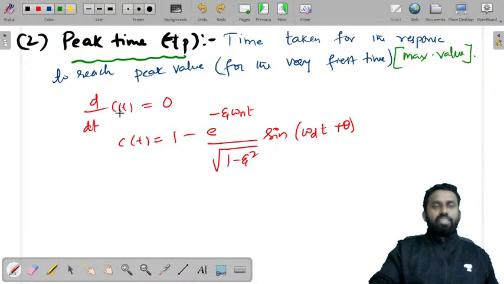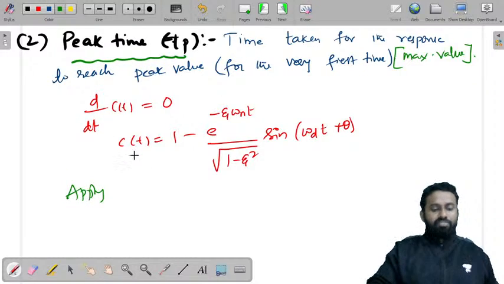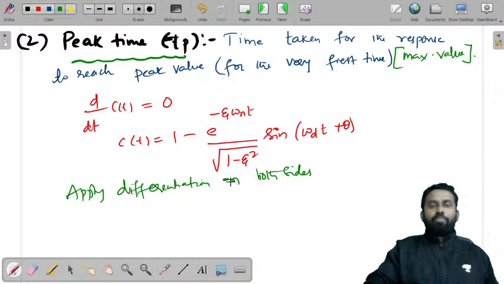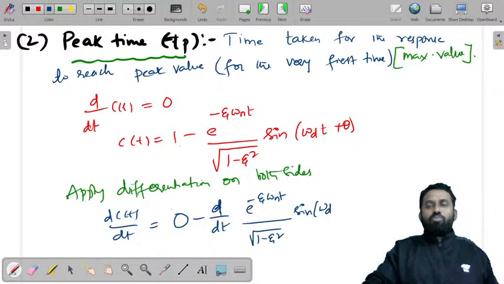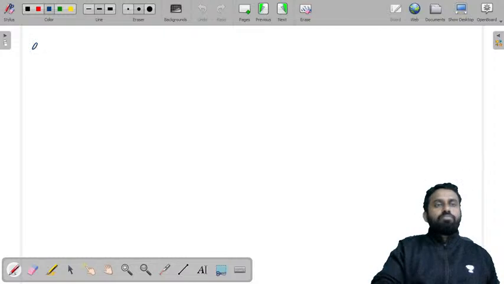Now let's apply differentiation on both sides. When you apply differentiation on both sides, what do you get? dc of t by dt is equal to, the differentiation of 1 is 0, and d by dt of e power minus zeta omega n t by under root of 1 minus zeta square sin of omega d t plus theta, and you need to equate it to 0. So let's write that once again. dc of t by dt is equal to 0 minus,